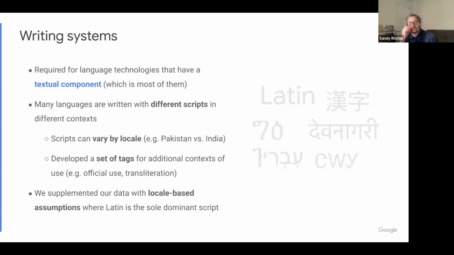A good example is the languages that are spoken in both Pakistan and India. In India, take something like Punjabi, it's typically written with the Gurmukhi script, an Indic script. And in Pakistan, it's actually written with Perso-Arabic script. So the same language has two different scripts in two different countries. And technology companies, and anyone working on technology development, has to make a choice: are we localizing for the Indian market, for example, or the Pakistan market?